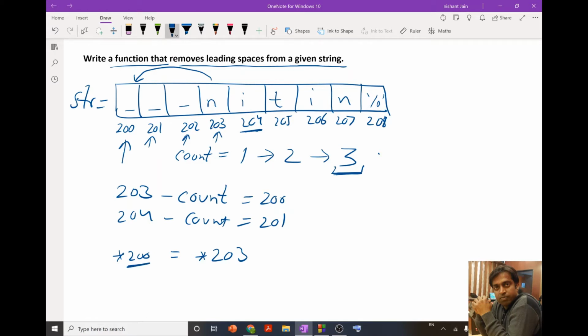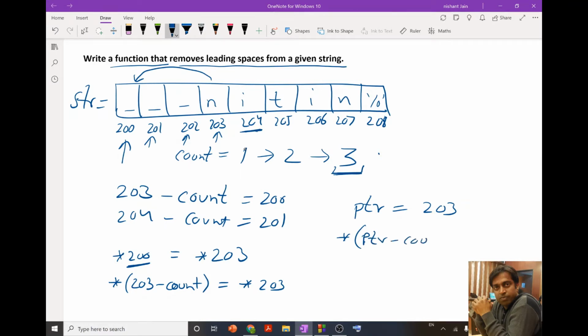So now how do we get this? We can obtain it with this formula: 203 minus count equals star 203. If we have a pointer, let it be ptr, pointing to the address of n, then our formula is star of ptr minus count equals star ptr.